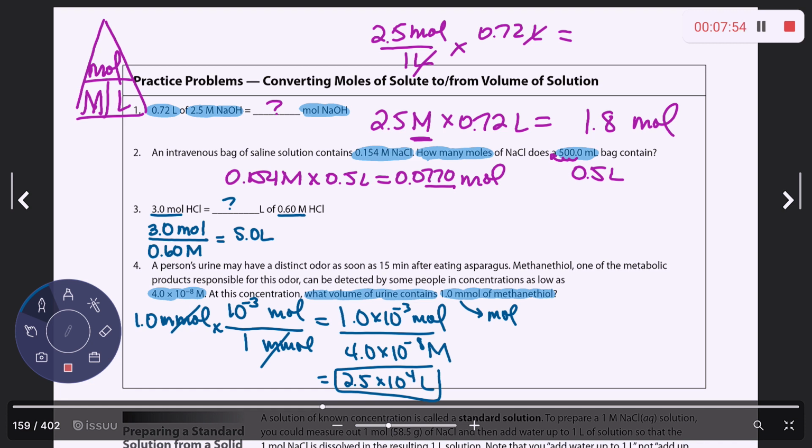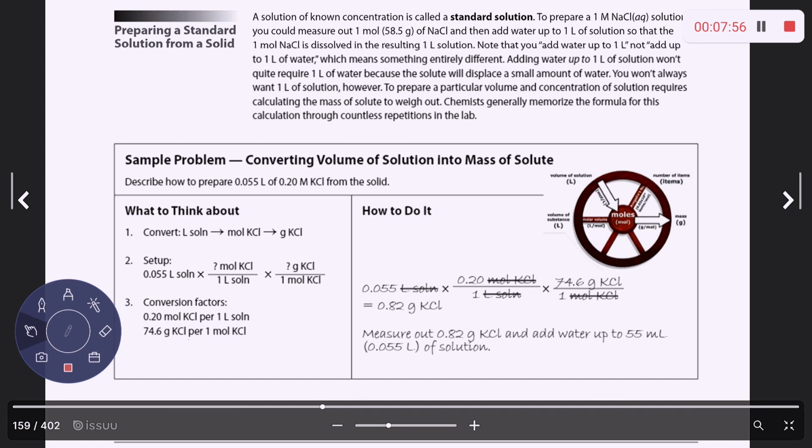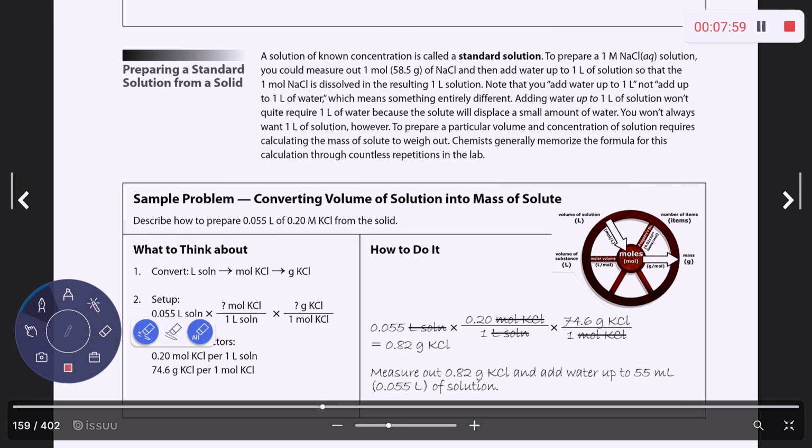So can I move the screen? Yeah. Down here, they explain to you in words, and they do a problem on how to actually make a solution. A solution of known concentration is called a standard solution. To prepare a 1 molar sodium chloride solution, since 1 molar is the same thing as 1 mole of NaCl in a liter of water,